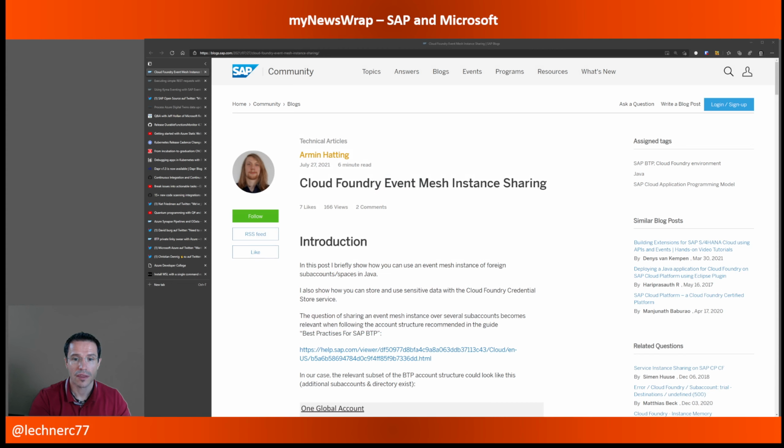Let's start with the Business Technology Platform. There is one blog post that I would like to highlight that focuses on the Cloud Foundry event mesh. And to be more precise, about how to share event mesh instances across several Cloud Foundry spaces and even sub-accounts. As you know, when you have been working with the Cloud Foundry runtime, it's not optimal from a developer's perspective on how you can bring things together because this stuff is quite isolated, and maybe you want to share, for example, one event mesh instance across several